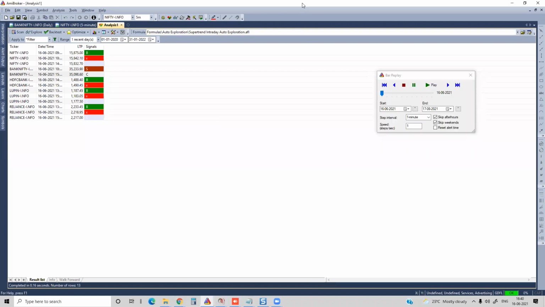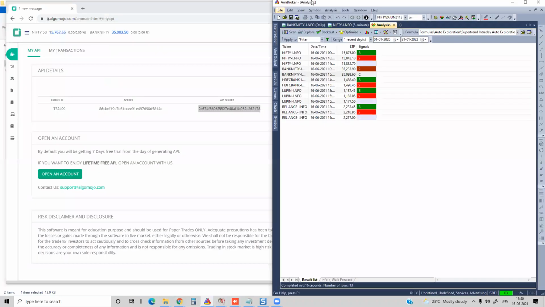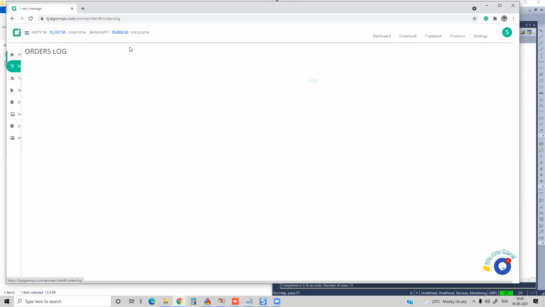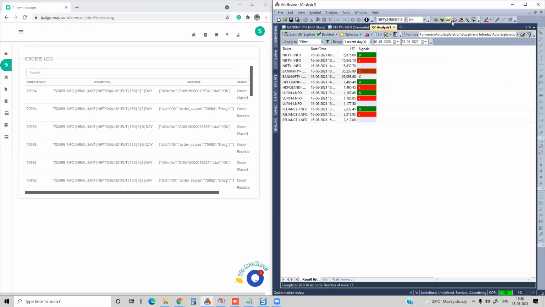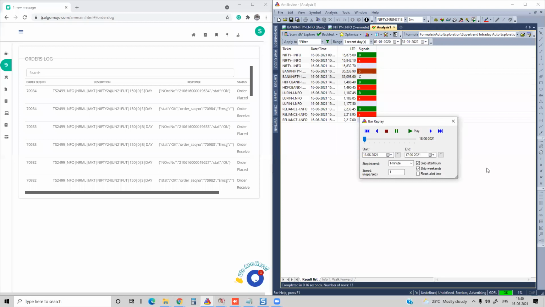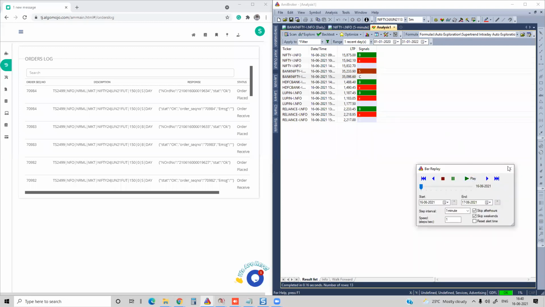I have bar replay and AMI Broker on one side. Align the AMI Broker towards the left and the trading terminal order log towards the right. So from here, I'll be able to run the bar replay. Today's bar replay is what I'm going to run. But AMI Broker always has caching issues, so maybe I'll try to run some other day. I'll try to run something like yesterday's data. Maybe yesterday's data is dull, boring. Maybe something like Monday. Monday had very aggressive price action. So let's run on Monday. The 14th is what I'm going to run here.